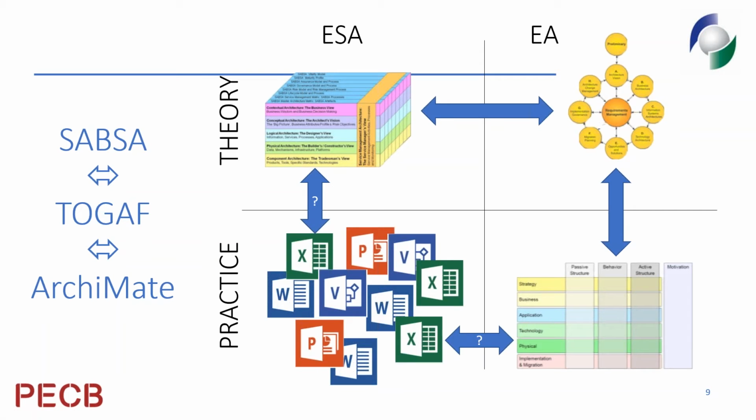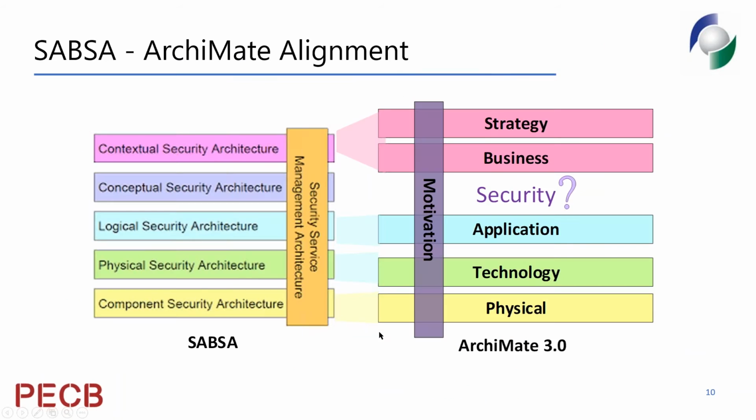We generate lots of artifacts, be they documents, matrices, drawings, presentations. We're falling into that trap of the documentation nightmare, where we're trying to create multiple models consistent with each other and up to date over time. So what we're trying to look for in this project in ArchiMate is to try and overcome that, and the major problem we've got basically is summed up by this slide here, that we have